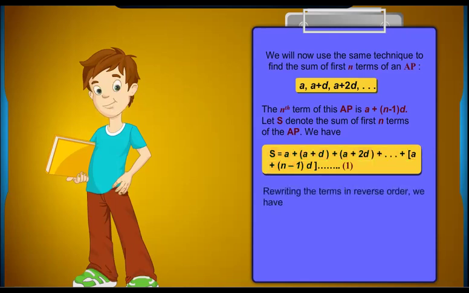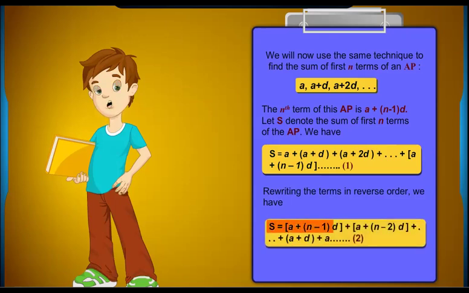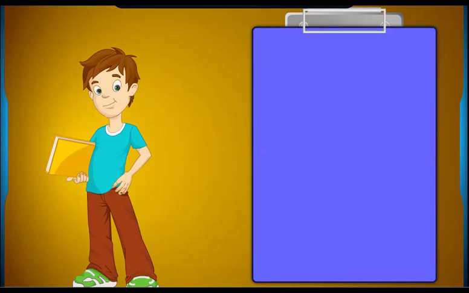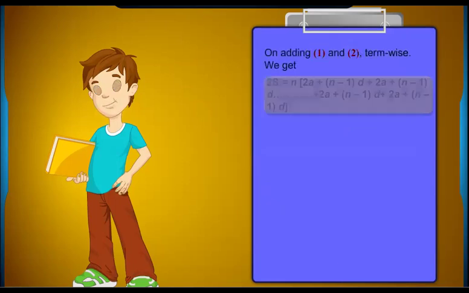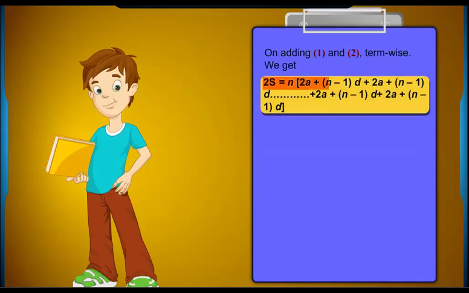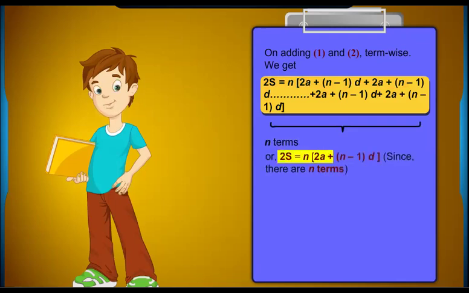Rewriting the terms in reverse order, we have S = (a + (n - 1)d) + (a + (n - 2)d) + ... + (a + d) + a. On adding 1 and 2 term-wise, we get 2S = n terms, each equal to (2a + (n - 1)d), or 2S = n(2a + (n - 1)d),